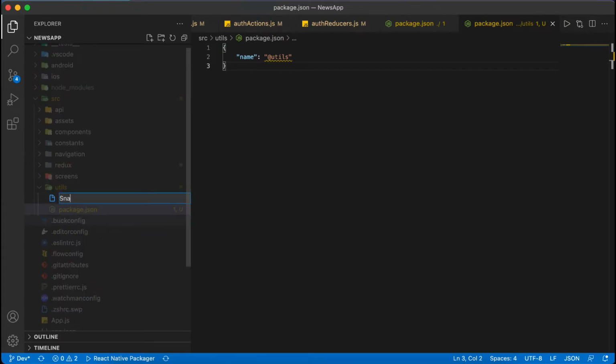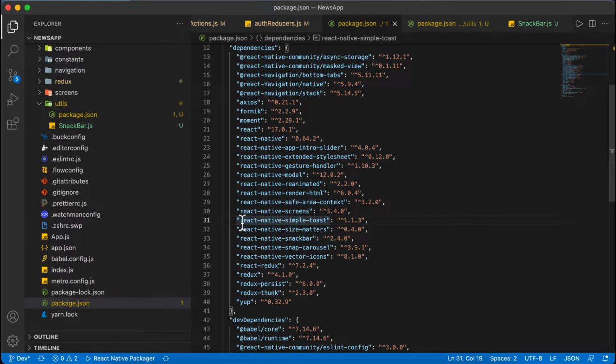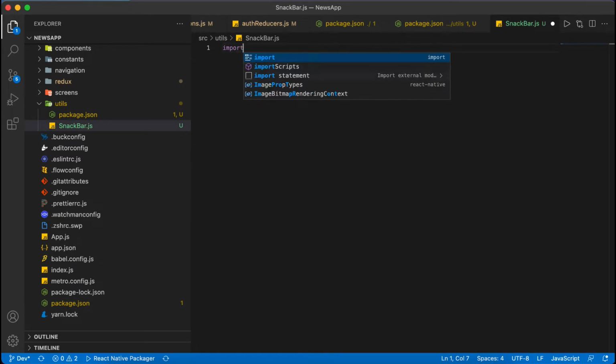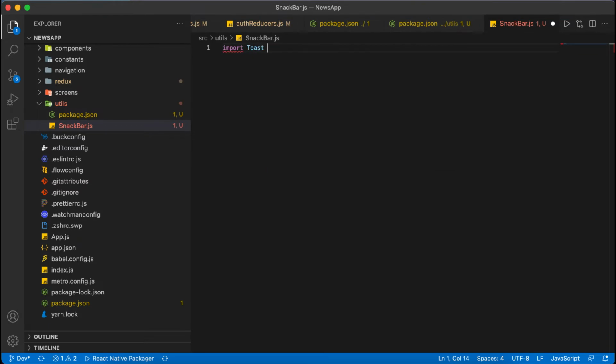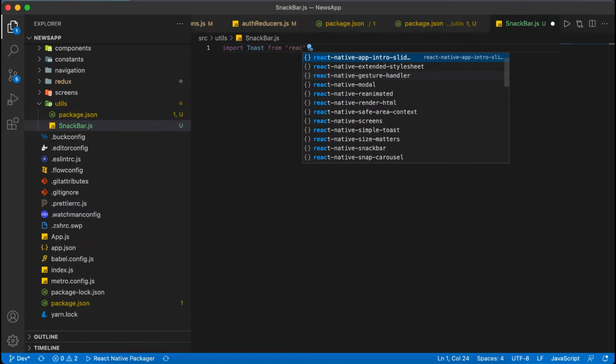So I will give the name as snackbar.js, and inside that, actually, we need two things: one is the snackbar and one for the toast message. So let's see inside the package, is toast installed? Yes, React Native simple toast is installed. If you have not installed it, check in your package and install it by npm i react-native-simple-toast. So I have installed it, so we'll import toast from react-native-simple-toast,